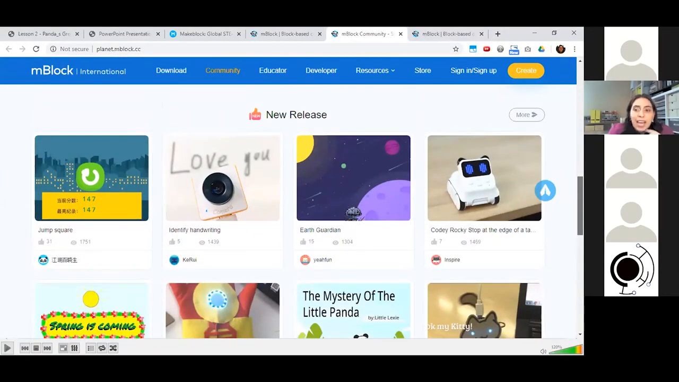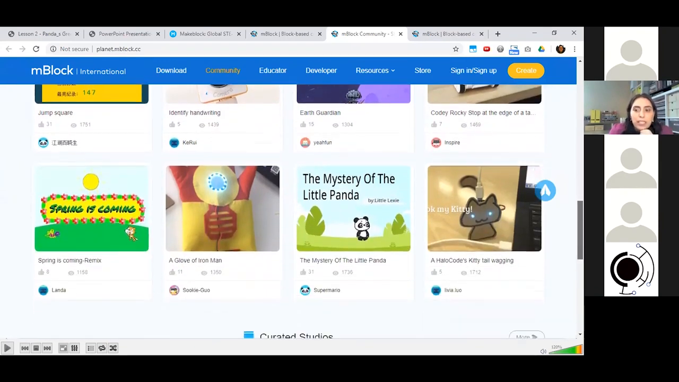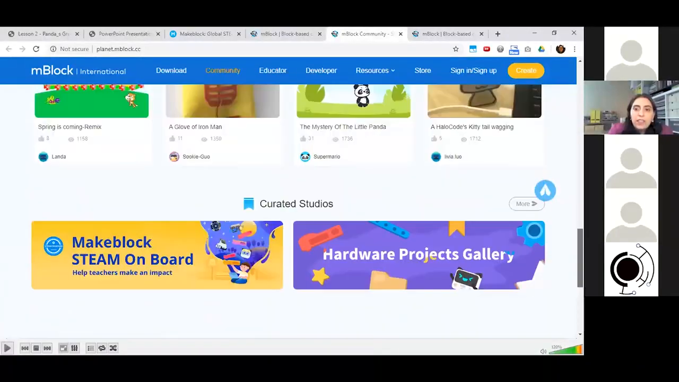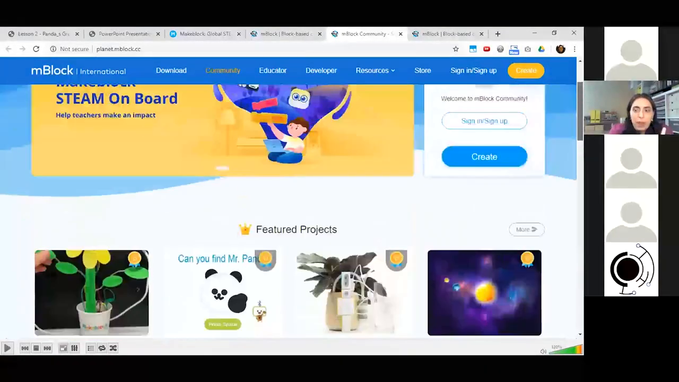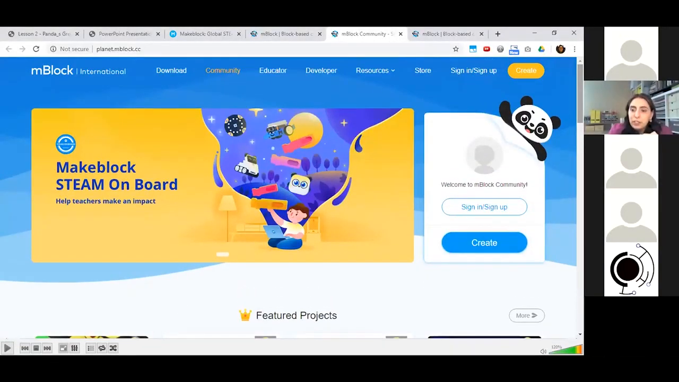Now, we have not yet looked in depth at how mBlock can control hardware, but you can see some example programs here that are using some of the mBlock robots and hardware. But you'll see on the community page that you can share your programs, okay? So we would love for you, as a participant in the mBlock STEAM on Board lessons, to sign up for an mBlock community